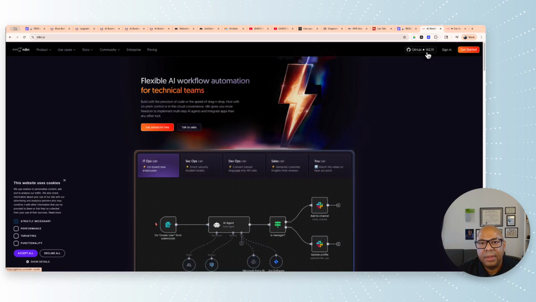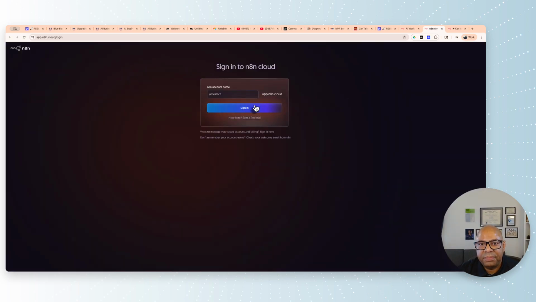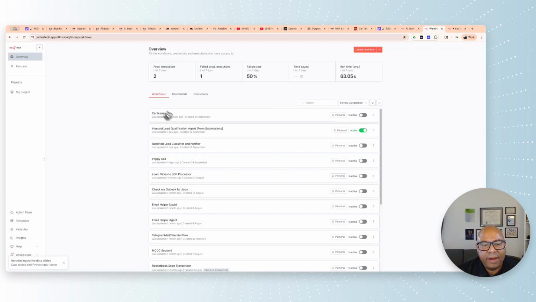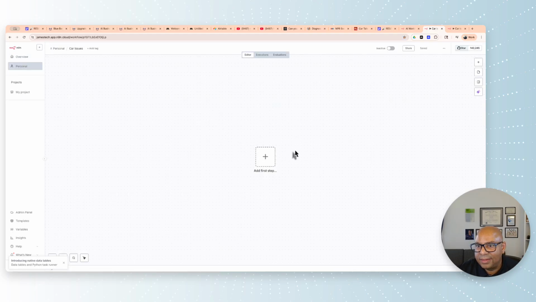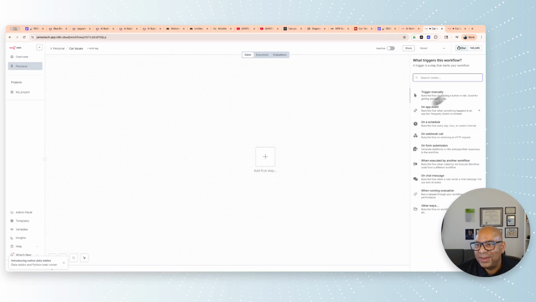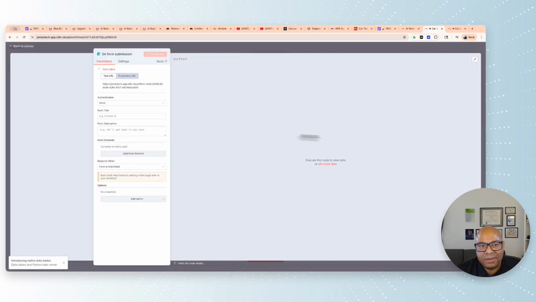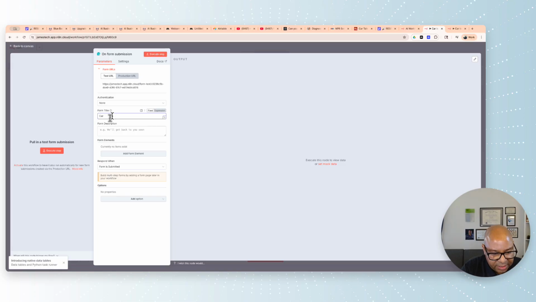And all right, so let's say I want to use this in a flow. So I'm going to jump into N8N here. I already had one called car issues. So let's get started. There's not much going on there. So we're going to start with on form submission, and I'm going to go quick with this. So form title, car information,